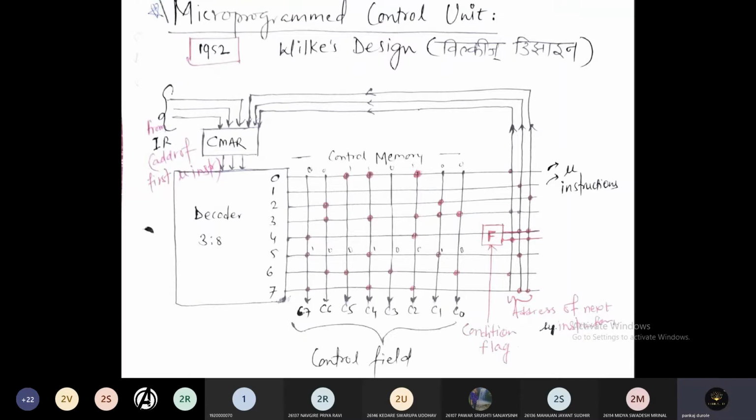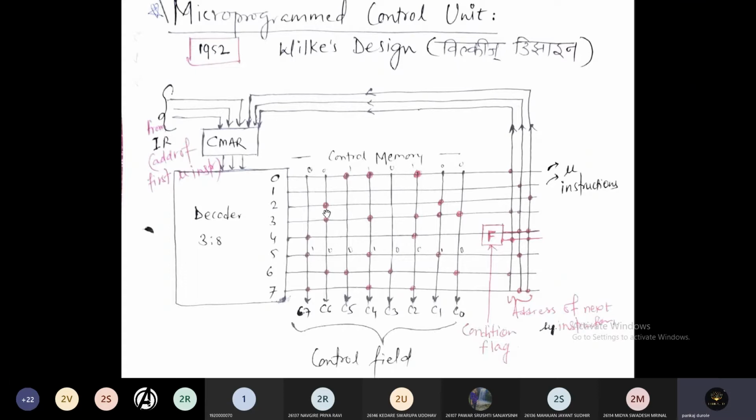The second micro operation is the contents of the memory are copied into the memory address register. And then the contents of the memory address register are copied into the instruction register, and parallelly the program counter is incremented by 1.